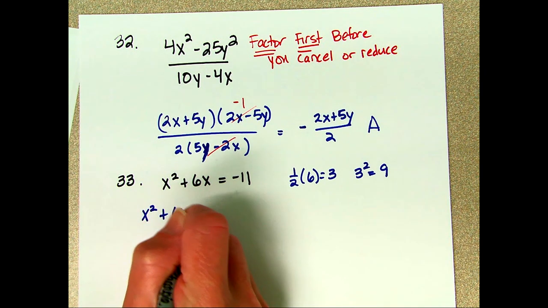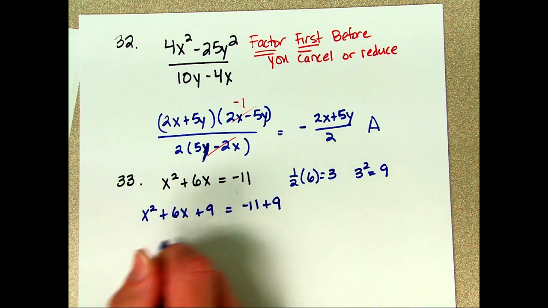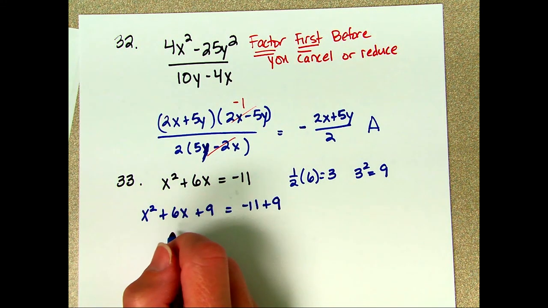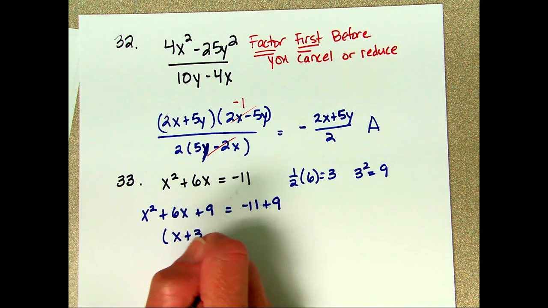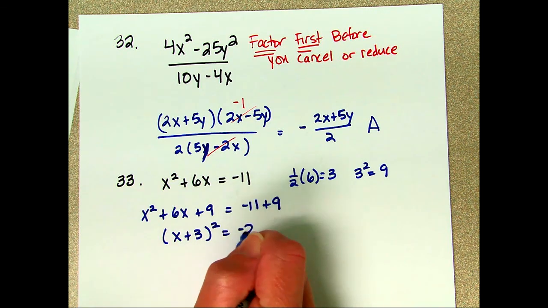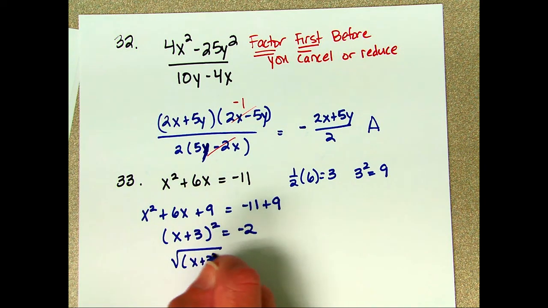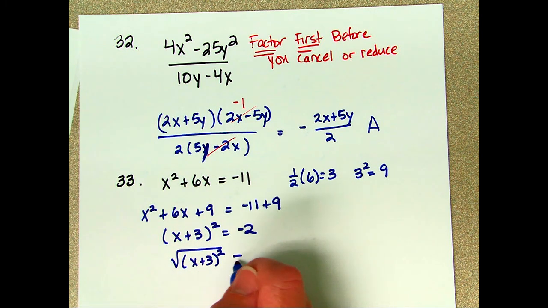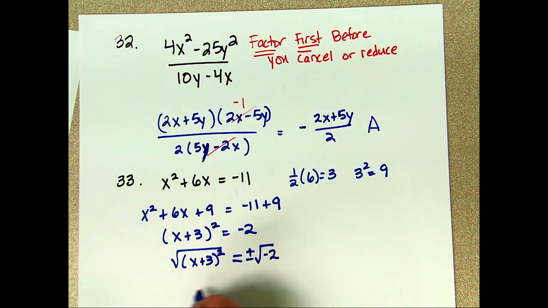I simplify the right, factor the left. I have x plus 3 squared equals -2. Take the square root of both sides. Square root of x plus 3 quantity squared. On the right, take the square root, plus or minus radical -2. Simplify the left. We have x plus 3 equals plus or minus